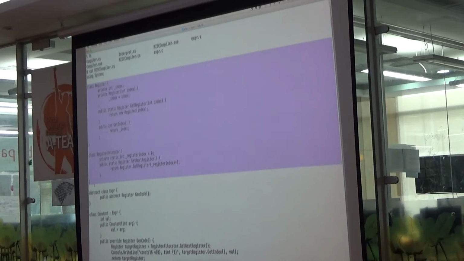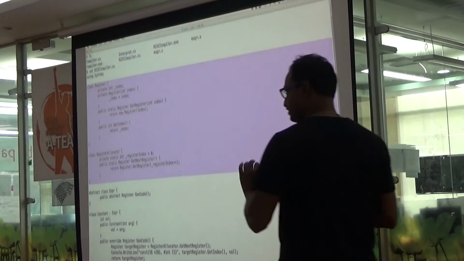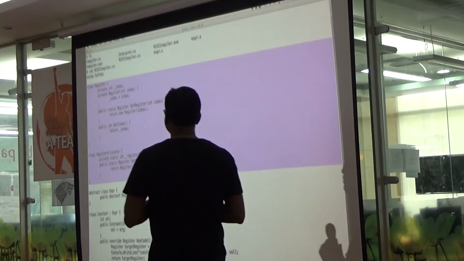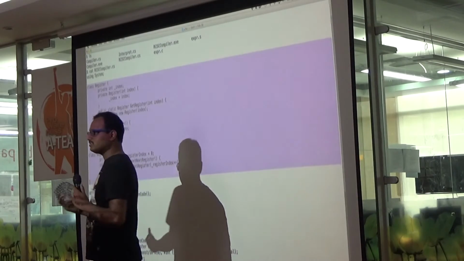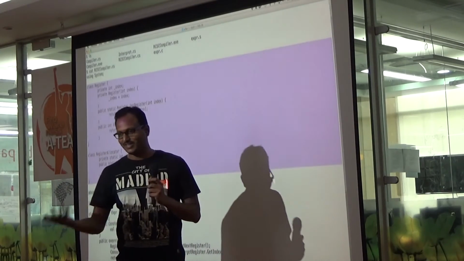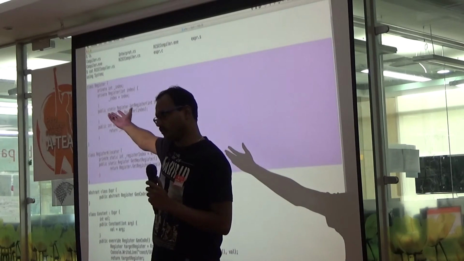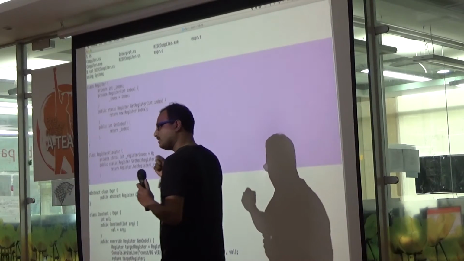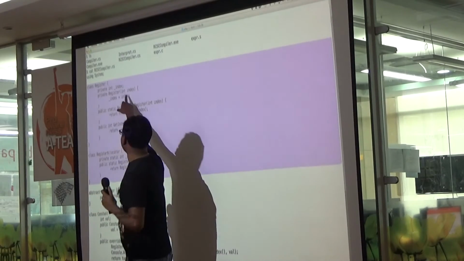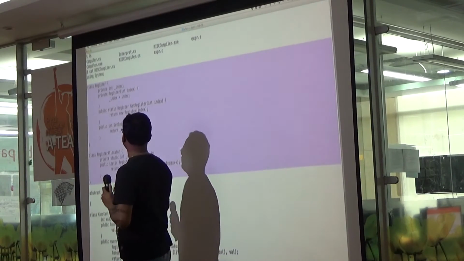This is what I am talking about as 10 or 12 lines of code. We have a very simple concept called register. It's an object, an abstraction. What is a register? A register has an index. That's all a register is. We have register indexes from V0 to V60,000, whatever it is. So I am having this abstraction called index, and I can create a register, right?